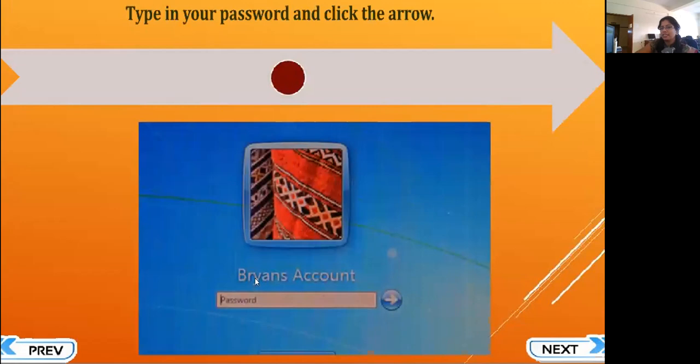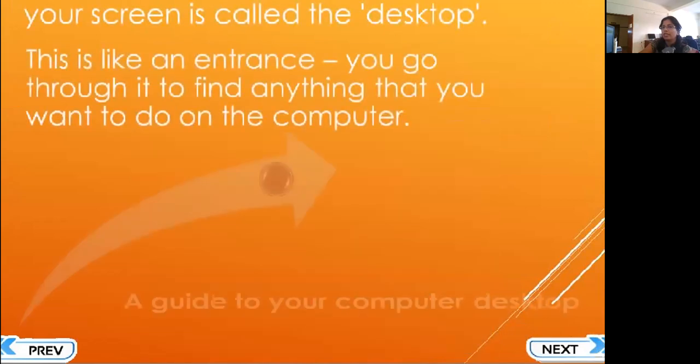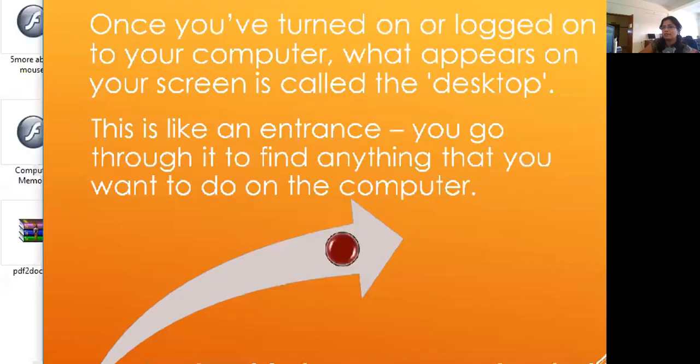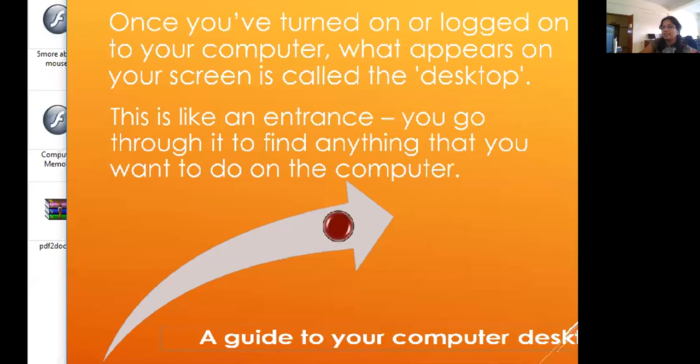See, such kind of screens, you have seen it, right? Here, when you click on the icon, you will be asked for a password. You have to put the password and hit enter or click the arrow beside it and you will be able to log into the first screen of your computer. What is the first screen of your computer? Yes, it is a desktop screen, correct? It is a desktop screen.